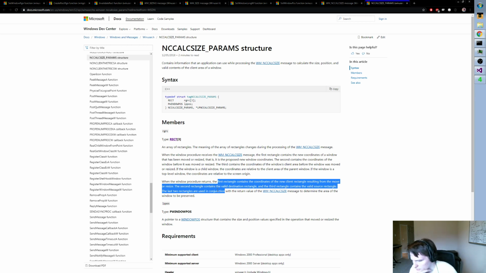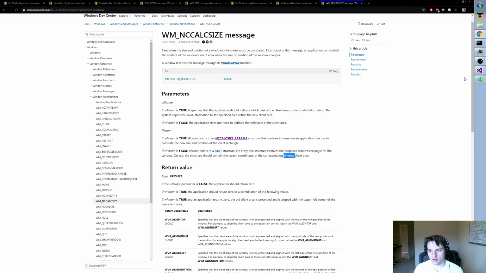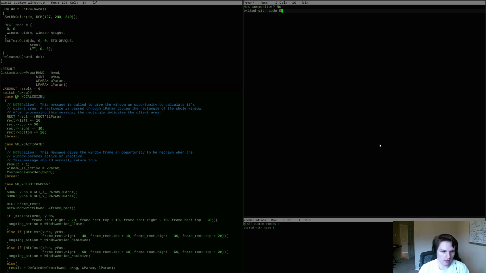I'm not sure I understand. You're saying there's an array, NCCALCSIZE, there's an array of rectangles. I'm not sure that I agree, or at least the docs don't agree with that, I don't think. So, I think I was part of the way there with